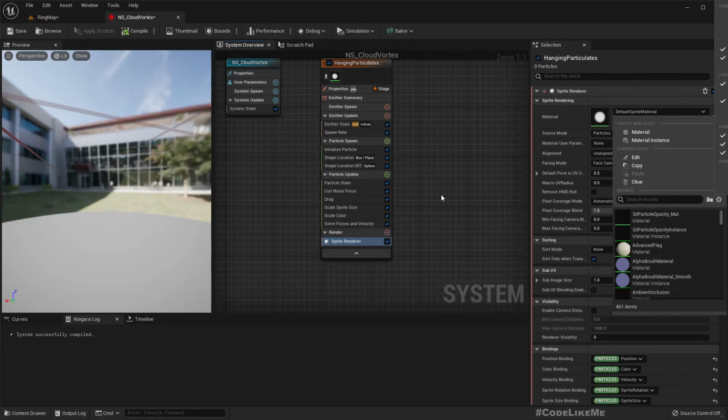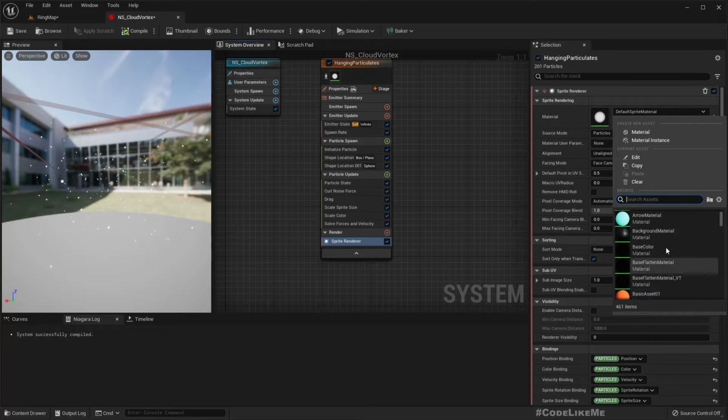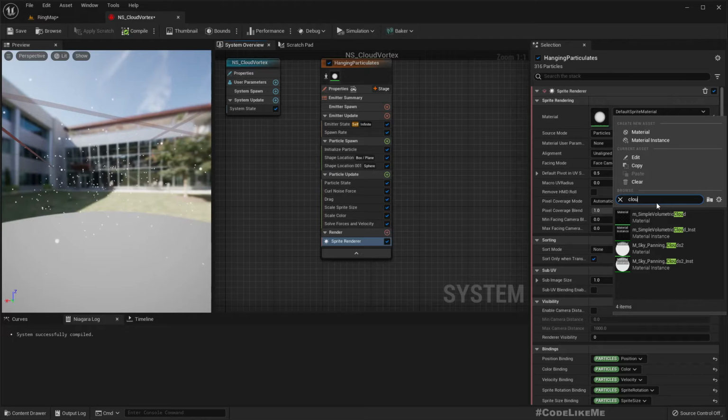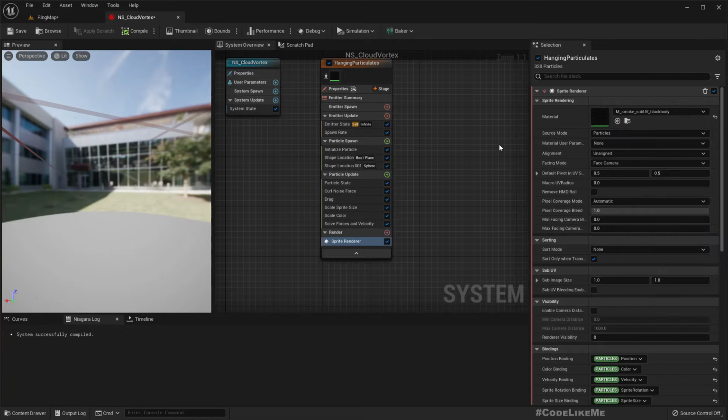Show engine content is enabled, so that's why I can see some more choices here. If I type smoke, we get this smoke sub UV black body. If I select it,